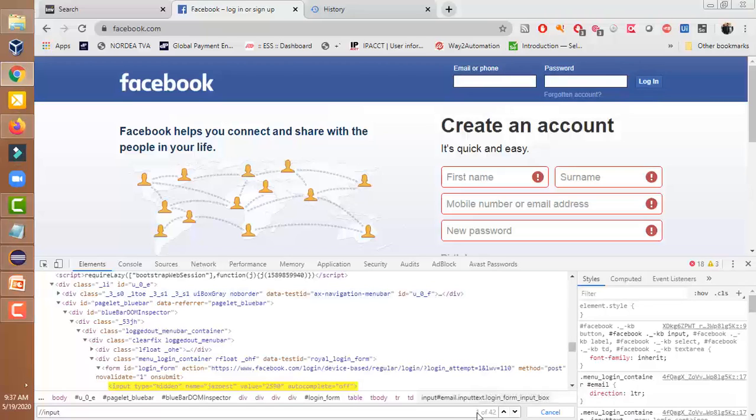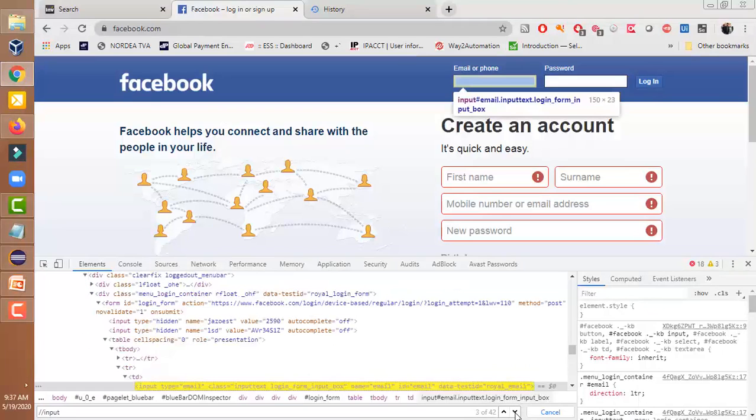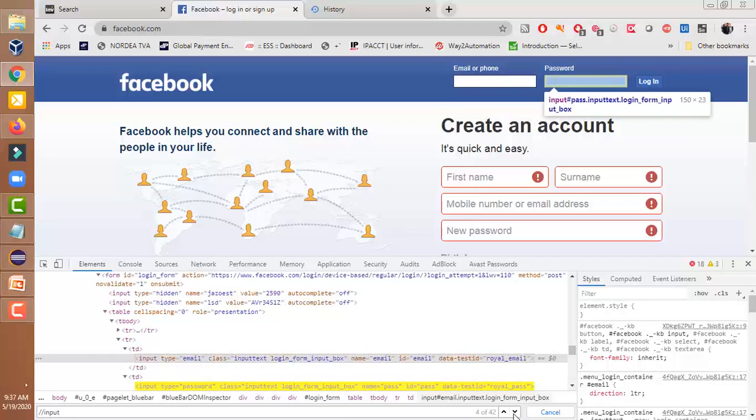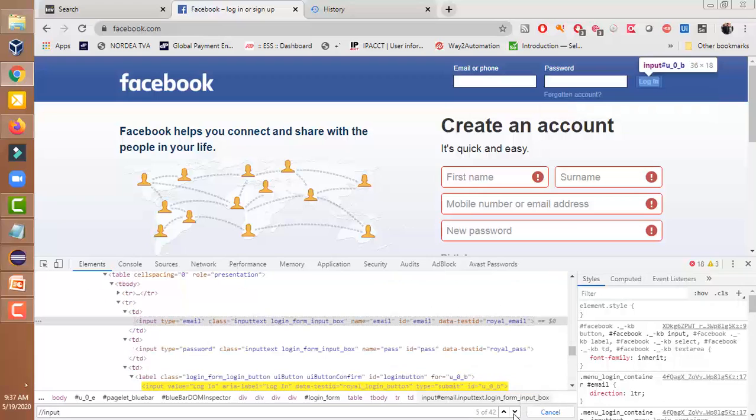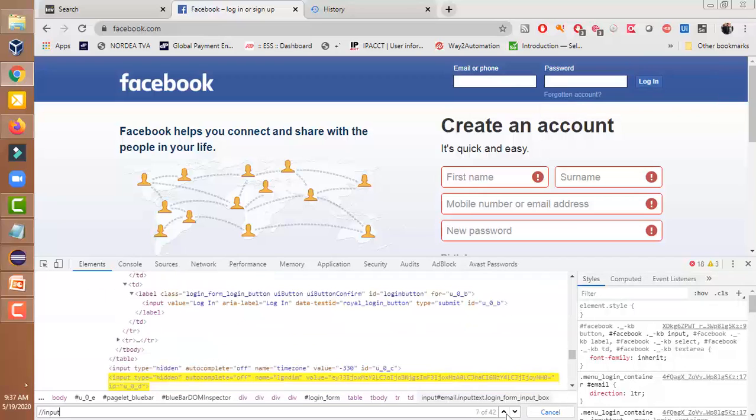Look at this number, 1 of 42. When we click on the down arrow, it will go to the next, then the next. On the top of the page, if you look carefully, it will highlight the elements. It is for login. Look at this, it will also highlight. So this is for the login button.